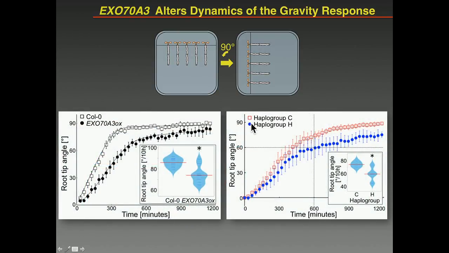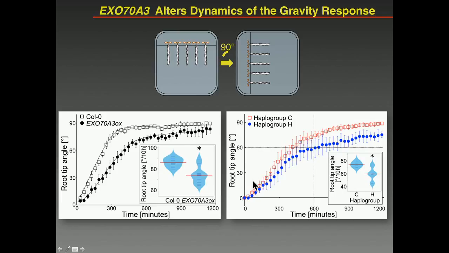When we do the statistics, we can see that this is actually very different. So we actually get a very different dynamic of this when we perturb the genetics of this gene in terms of reorienting the growth of the root to the vector of gravity, as you can see here. And interestingly enough, when we go back to those strains with those different alleles of this exocyst, this is reflected